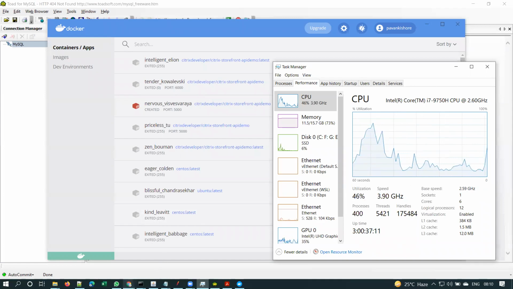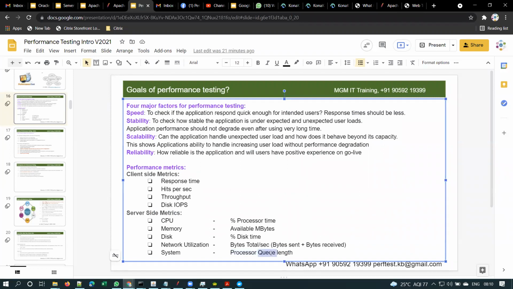That is called processor queue length. Processor queue length is nothing but the length of the queue for the processor. Is it clear, guys? Yes.